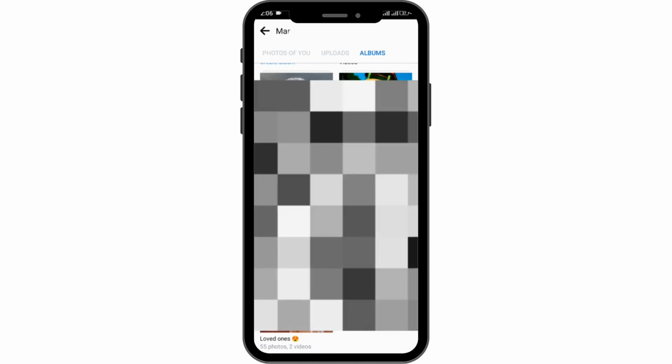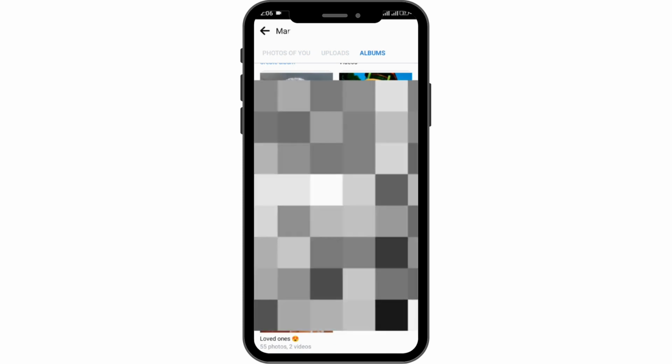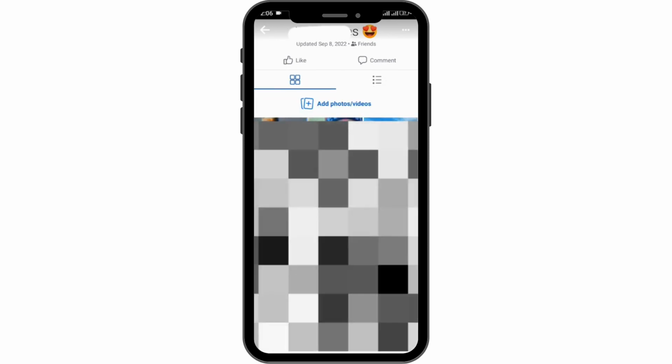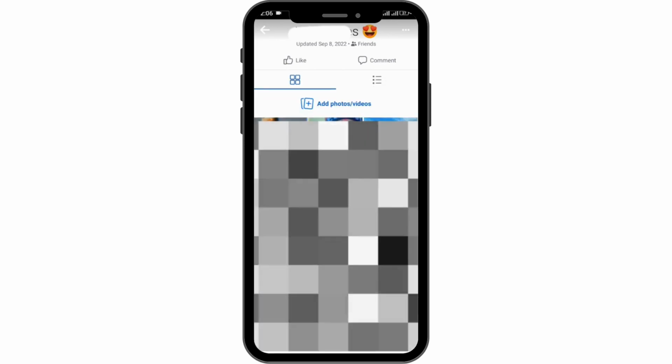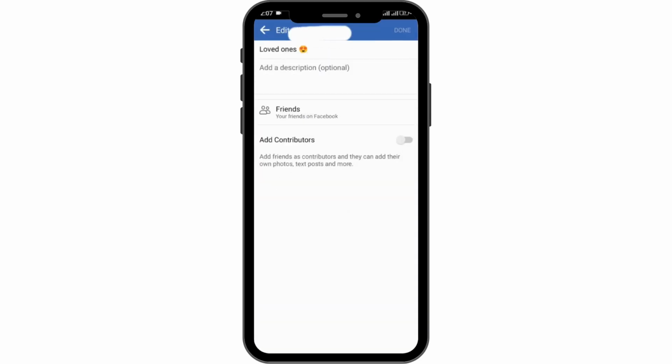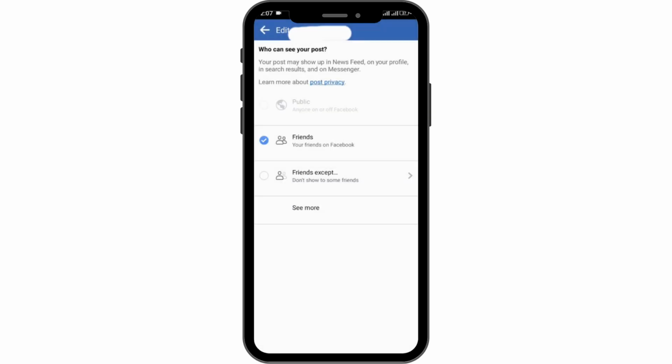So for that you need to select one specific folder or album, and after doing that you have to tap on the three dotted horizontal line at the right upper corner, and here is the option for edit. You have to simply tap on the edit option and then tap on the friends option. Here will be all of your privacy details. You have to tap on see more and set for only me option,